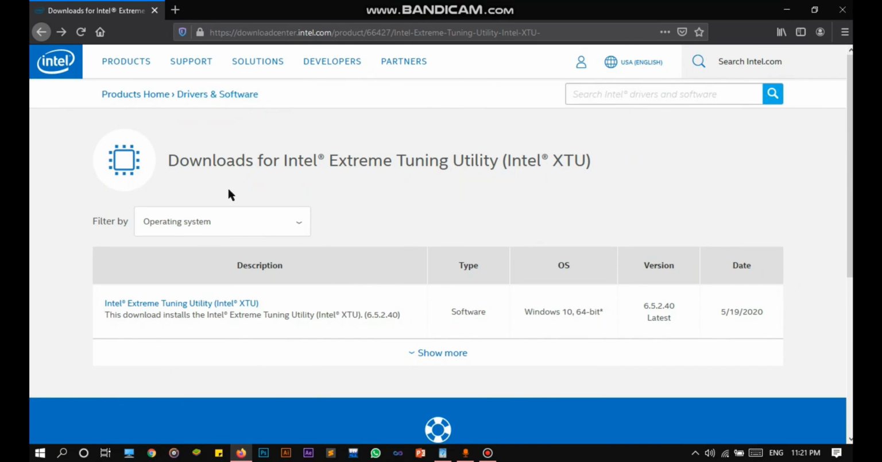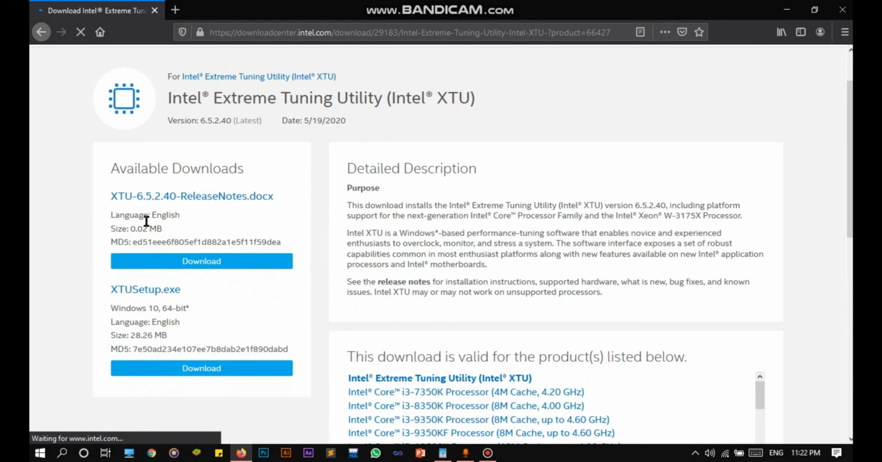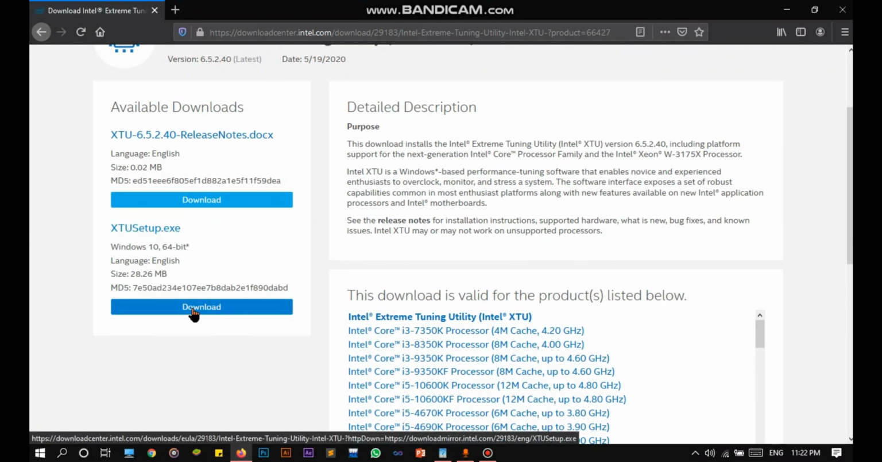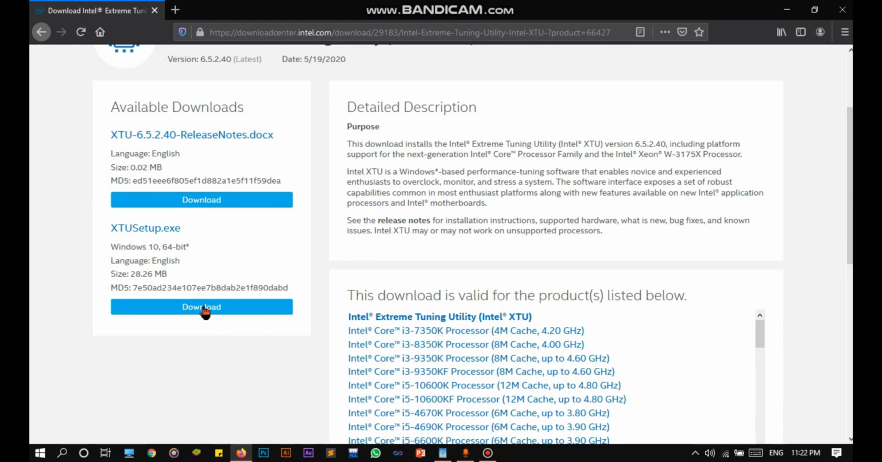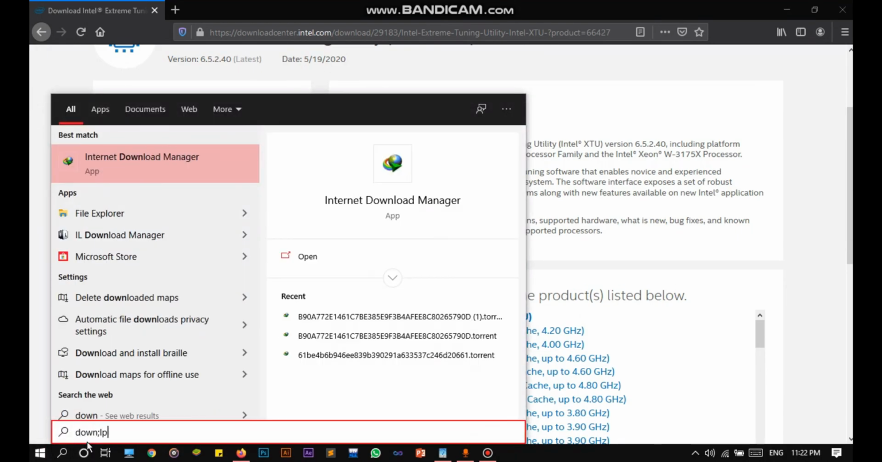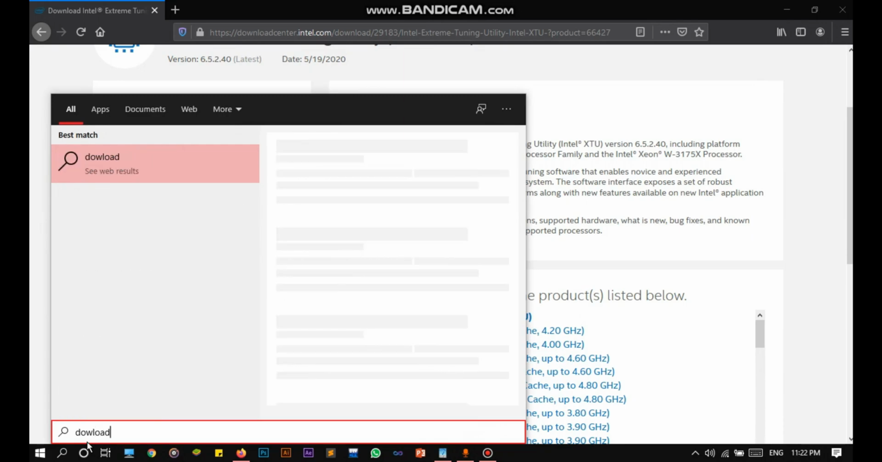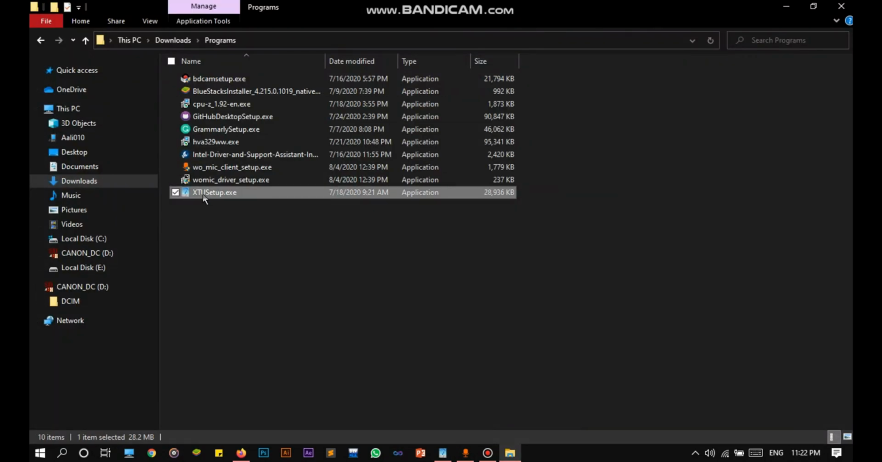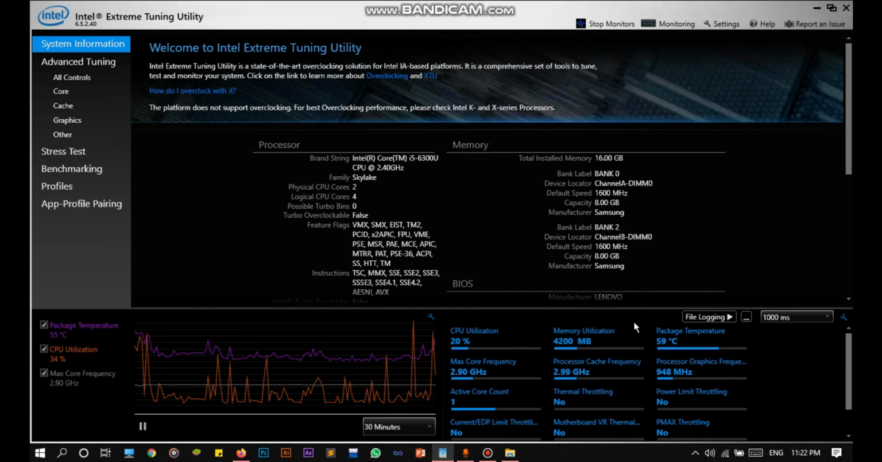By clicking the link you will go to this website, and when you click on this Intel XTU Utility link you will be directed to another website, and there you have to ignore the documents and download the XTU setup, which is this. Once you download the XTU setup, you can generally find it in the download program folder. Now once you install the XTU software, you will get to this